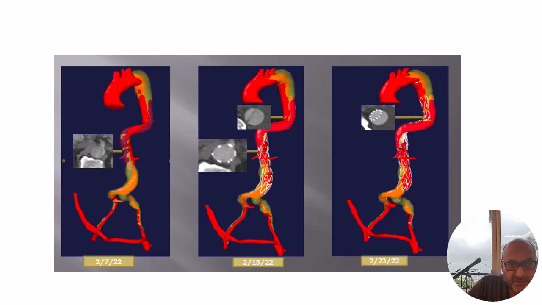But you look at the false lumen, it is remodeled in the abdomen when you put in a dissection stent, and basically what happens is you tack that dissection. It's like an analog. The best example I can give you is